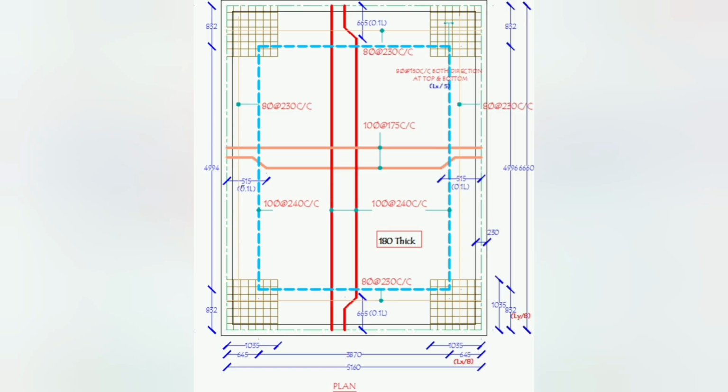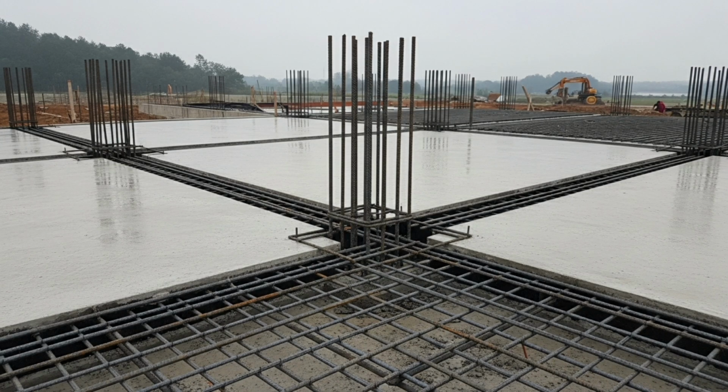Now, a two-way slab is supported by beams on all four sides, and the ratio of longer span to shorter span is less than or equal to 2. Here, the load is transferred to all four supporting beams, meaning the slab bends in two directions. This is a much more efficient way to carry load, allowing for longer spans or thinner slabs compared to a one-way system. The reinforcement is provided in both directions, with a mesh of bars at the bottom to resist the